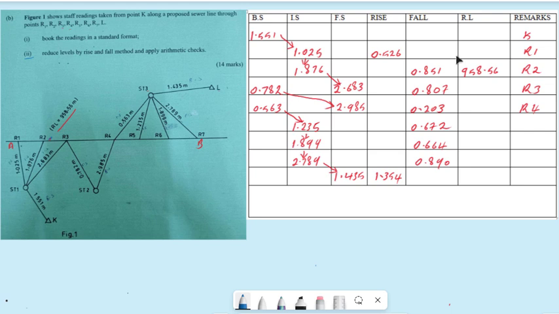So this is reduced level at 5, this is at 6, this is at 7, and this is at N. So for us to get reduced level at 1, we have to take 958, we add 0.958, and this one will give me